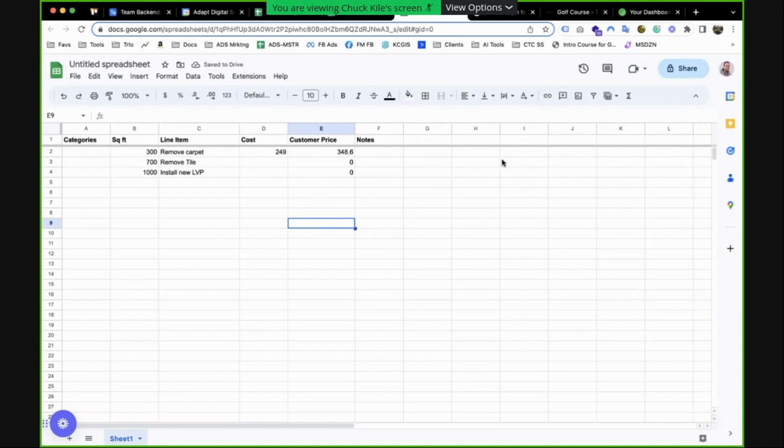And then what about tile? Yeah, $4.16 per foot. Okay, so this would be equals that times 4.16. I'm just going to label this tile. Okay, and then how much to install the LVP? $3.08. Yeah. Okay,